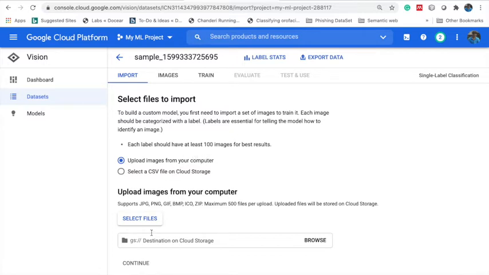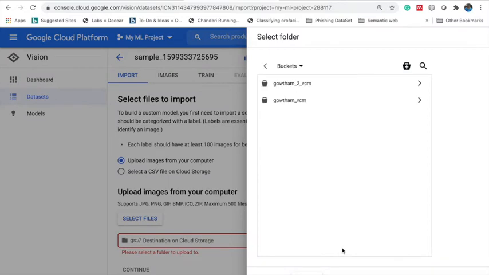And before that, you also have to specify the location of the storage. This is actually a GCP storage. So go to browse and specify location of the storage, that is create a bucket.